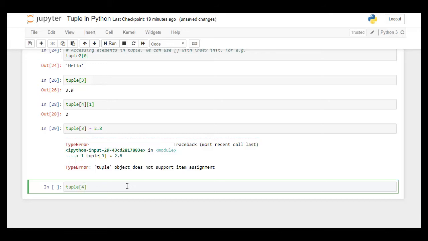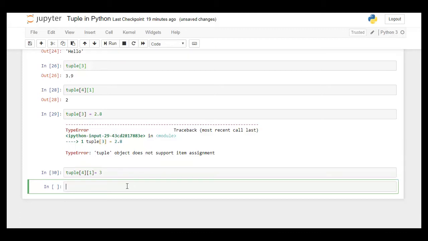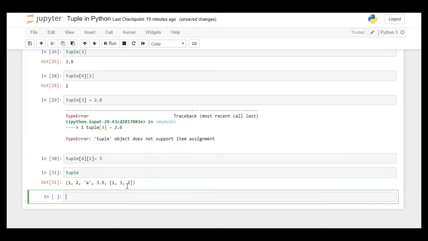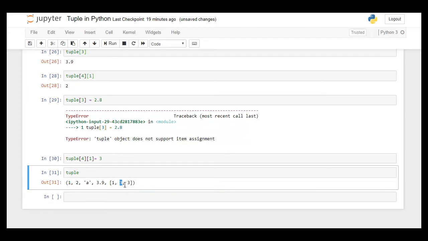At index 4, the value was 2. Now I'm assigning another value 3 to it. And let's see if it works or not. It does. When a list is inside a tuple, we can still change its value. Let's see all the values. Now see, this value has been reassigned to 3 instead of 2.